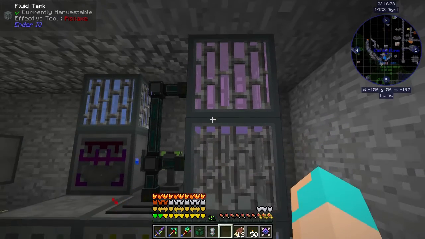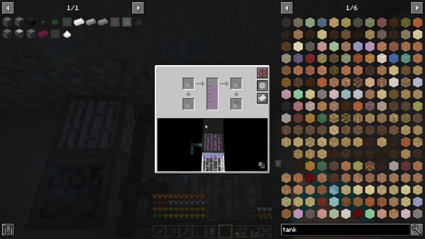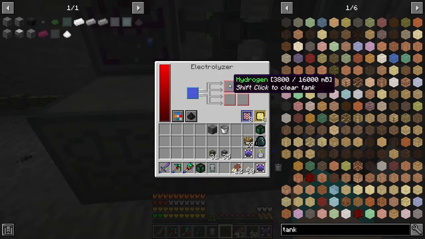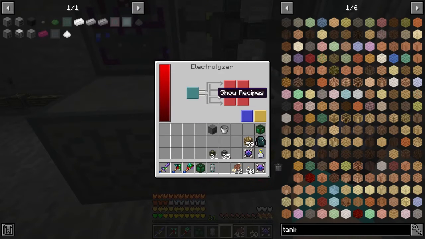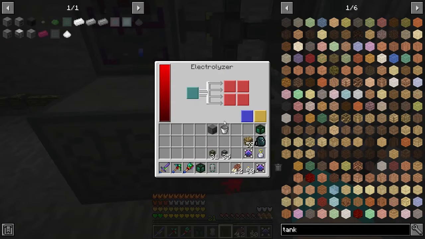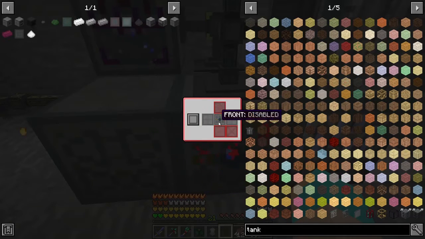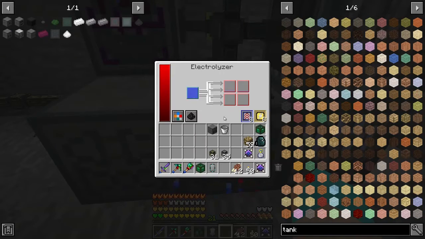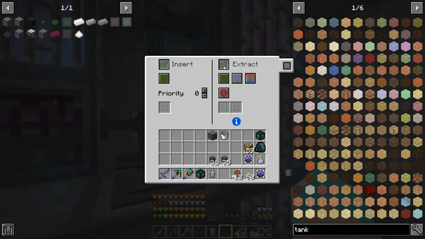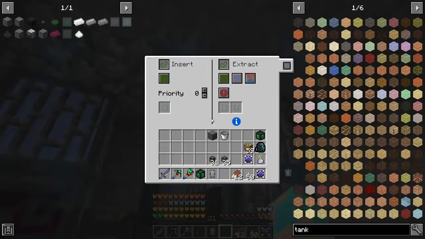I don't think that has to be pull. Alright, so now let's change these again. So hydrogen, oh wait, hydrogen I want to come out of the top. Deuterium I want to come out of the top. Okay. And now if I do always active, not insert, and I do only insert and only insert, it should